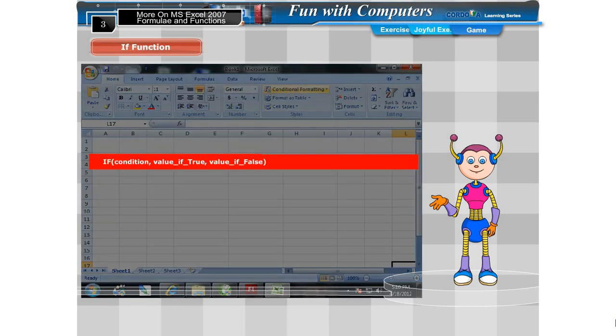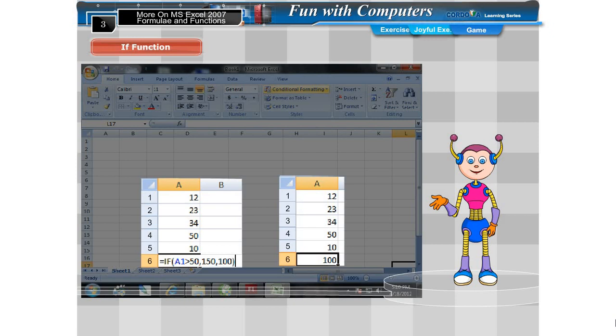Syntax is equal to IF(condition, value_if_true, value_if_false). Example: =IF(A1>50, 150, 100). This means that if the value in cell A1 is greater than 50, return value 150, otherwise return value 100.